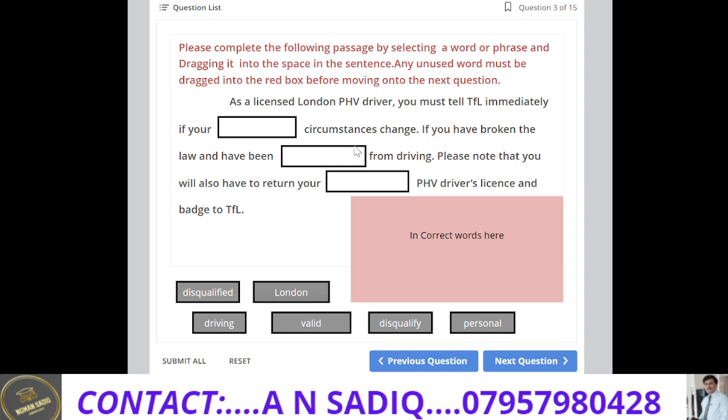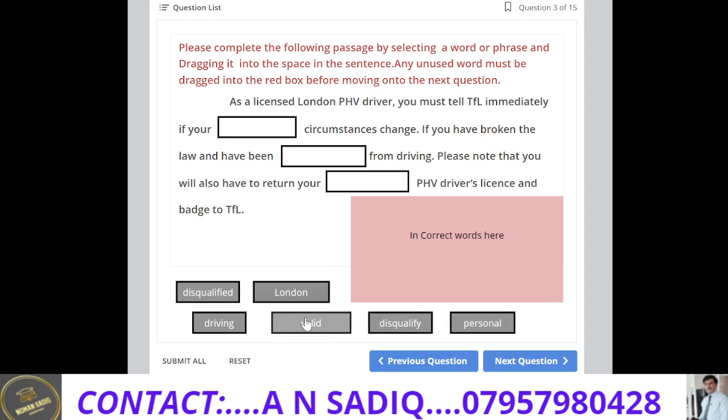If you have broken the law and have been, again there is a gap, driving, please note that you will also have to return your, again there is a gap, PHV driver's license and badge to TFL. So please read the full question first. Then again come to the first. As a licensed London PHV driver, you must tell TFL immediately if you're, then you have to choose from